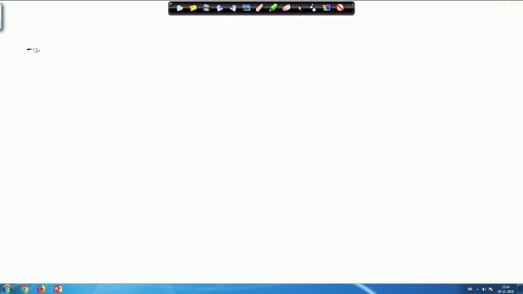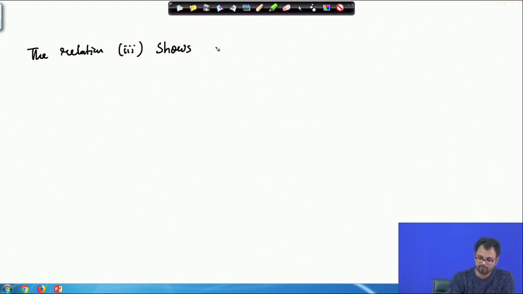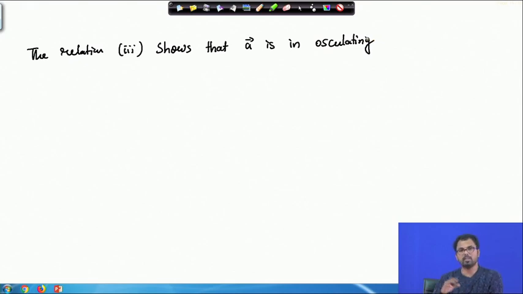The relation 3 shows that vector a, because it is given as the combination of n and t, so if we take the dot product, then a dot b will be 0, lies in the osculating plane,